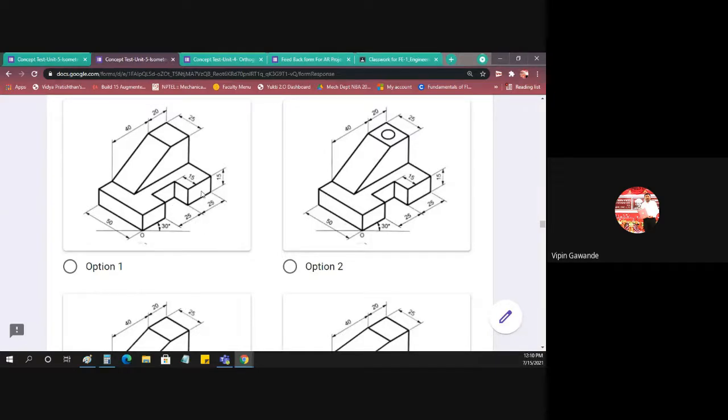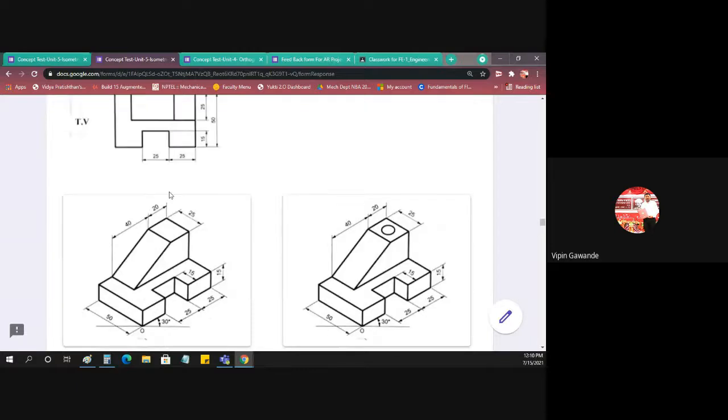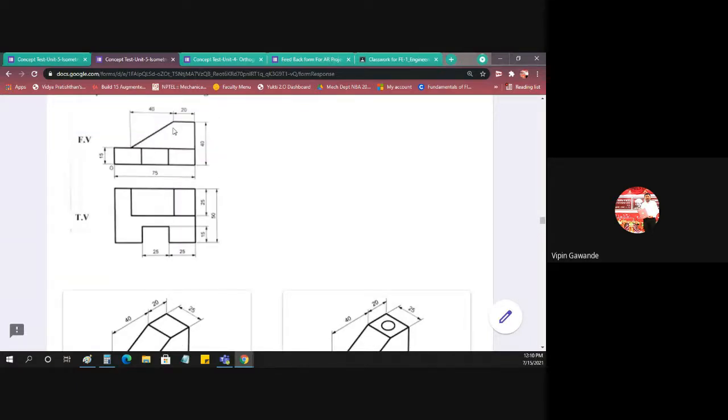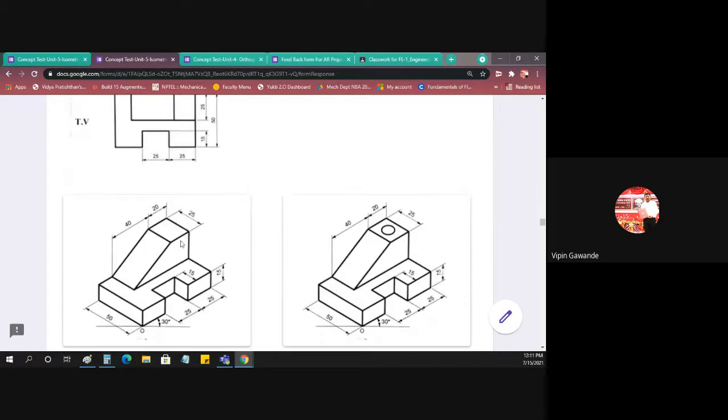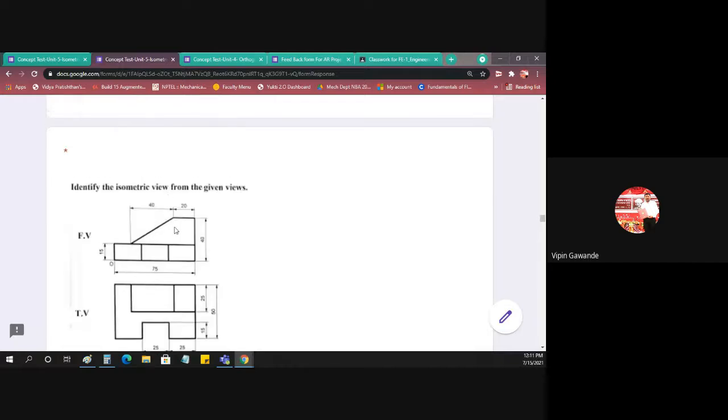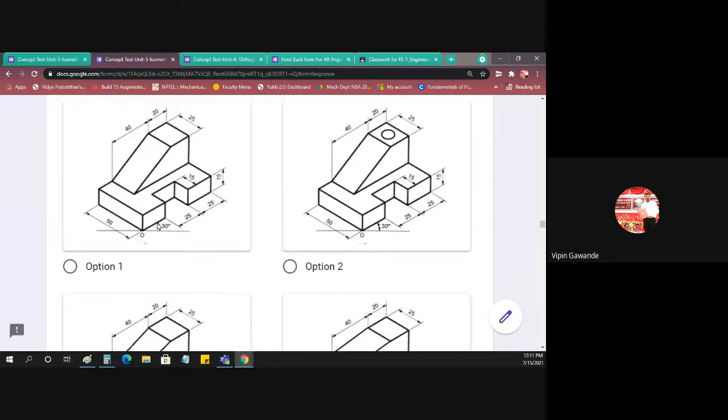So 1, 2, and 3. So three rectangles are there. Then we'll get this part, the second surface. So it is something like this. This part is there, and that is also a part. So this part will come forward. So this is the second surface, 1, 2, and 3. Then this is the fourth surface. So the fourth surface is also there. So this is the correct front view for this object.